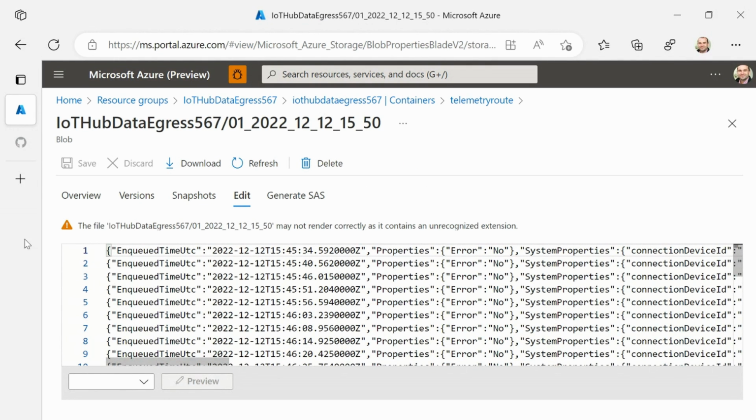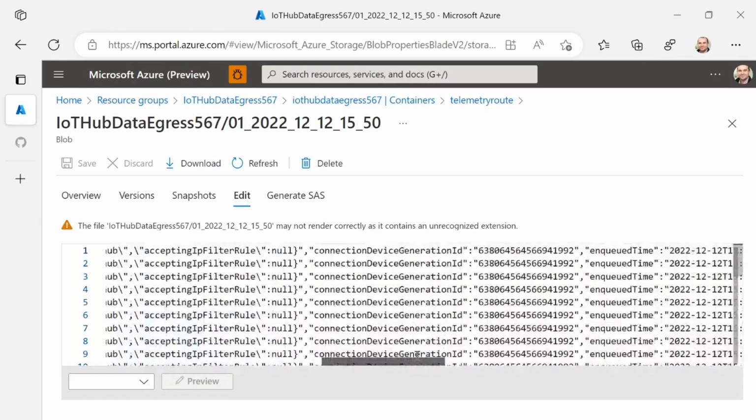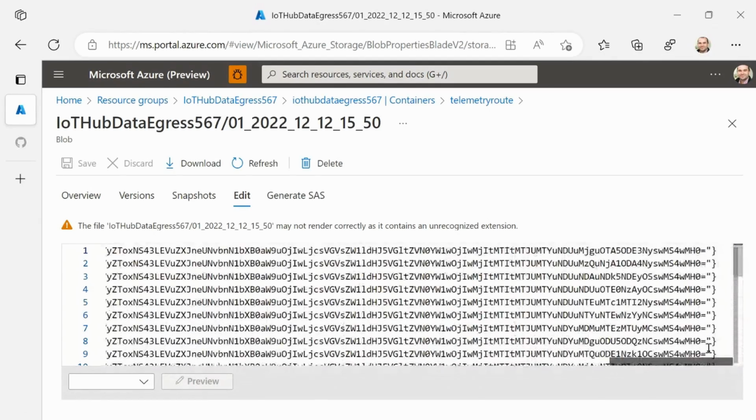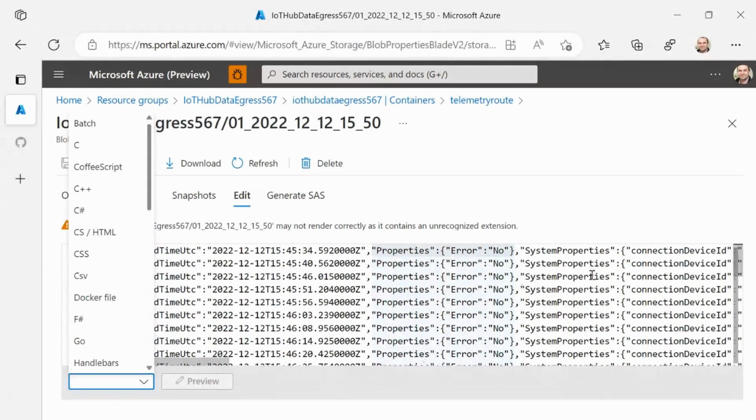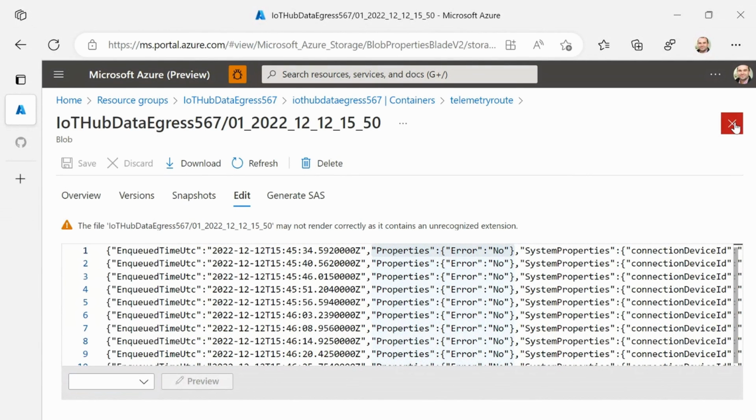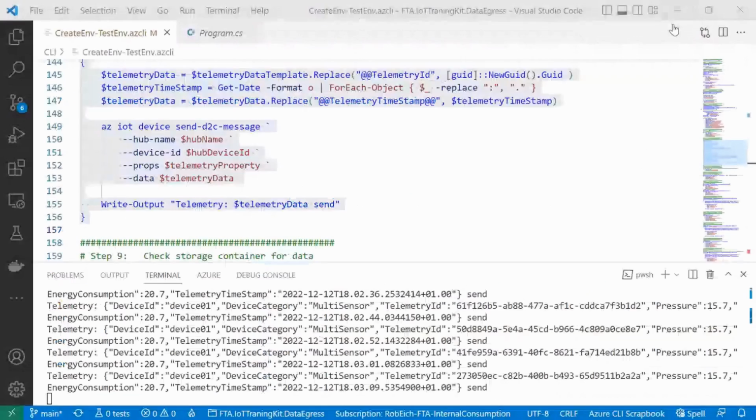And here we see the messages. We see, for example, this additional property that I created in the PowerShell script. We see a lot of system properties, and we also see at the end the payload. So this is a super straightforward example of pushing information from IoT Hub directly to another service.